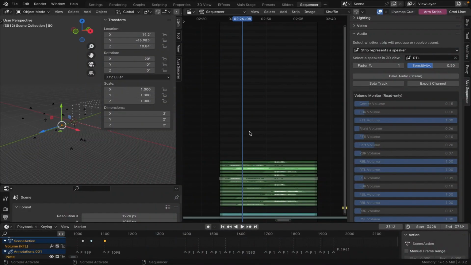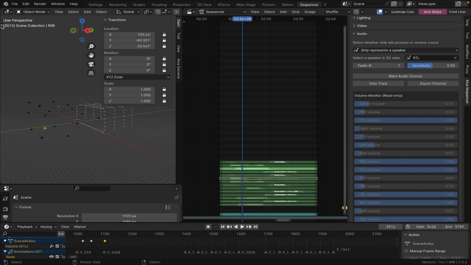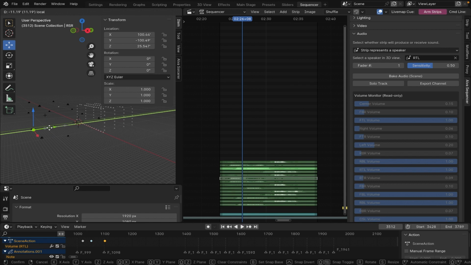Okay, so what we have here is basically Dolby Atmos inside of Alva Sorcerer. So it's 3D audio with animation, with keyframes, with paths, and you have basically an unlimited number of speakers, and you can add the speakers wherever you want. These are locked, but you can basically put the speakers wherever you want in three-dimensional space